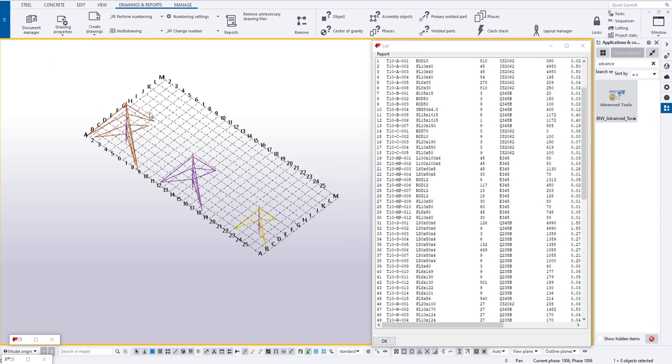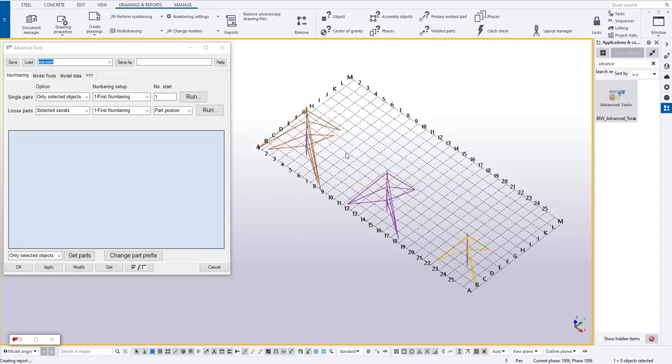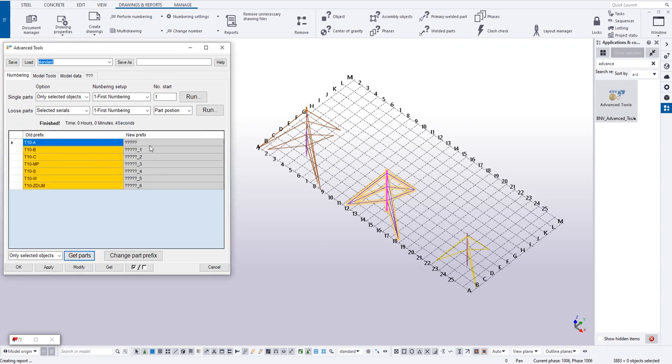We have 3 tower have the similar structure, only different the height and some structure and segment. And now we try to change all this to tower 11. We get the back and all prefix show for you for T1, IBC. We change to T11, B, C, MP, S, W and dummy, and we perform change prefix for all this serial